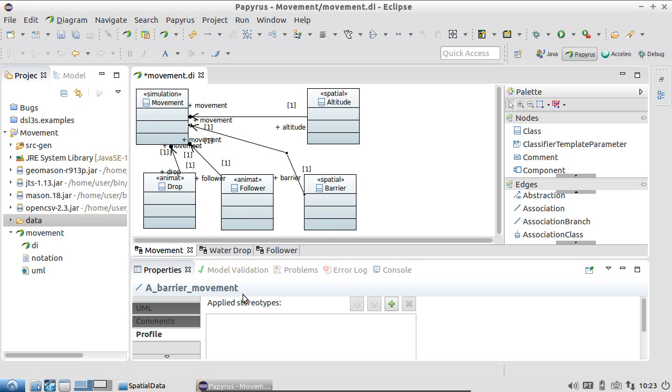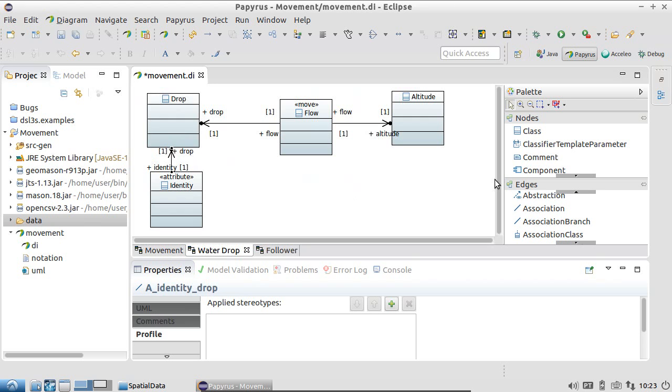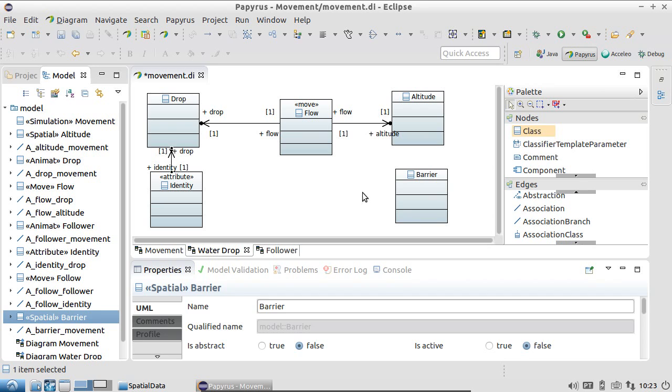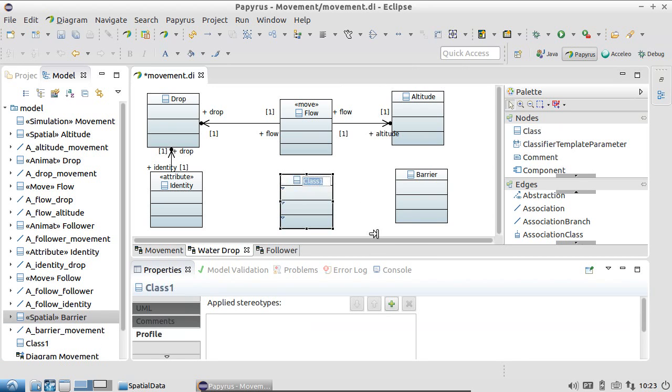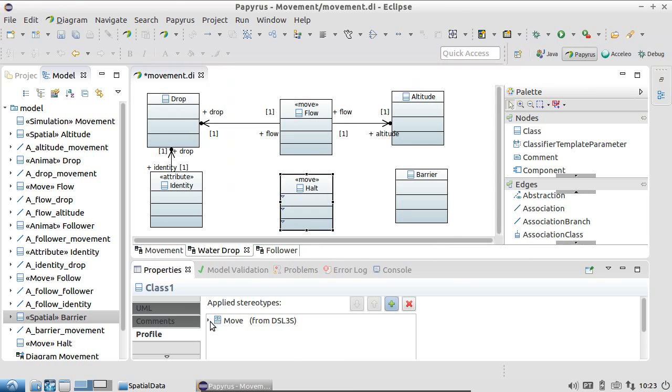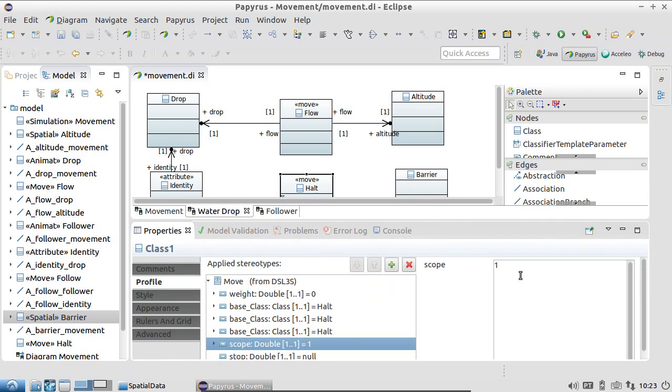Okay, and then let's go to the water drop and relate water drop with the barriers spatial. So let's drag it here, and again the same method. Create a new movement operation, call it halt, and apply the move stereotype, and there it is. So we'll use the same scope, 90, and then weight